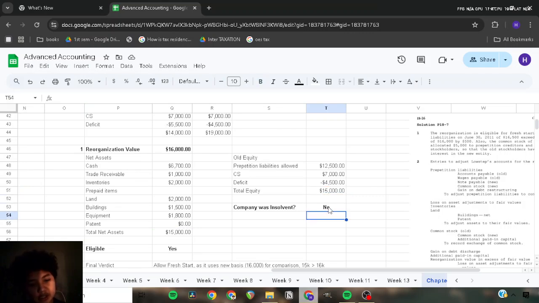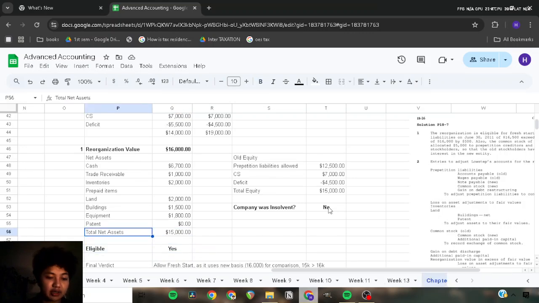And so we can also say that because the equity equals the asset, that means that with your assets, you can still pay the equity. So the company was not truly insolvent, but then again, they're not going bankrupt. They're just doing reorganization, and I think you can still do it because, I forgot which regulation, but somewhere in the GAAP, the accounting standards, they allow the criteria in which a company will be allowed to perform the reorganization is this.